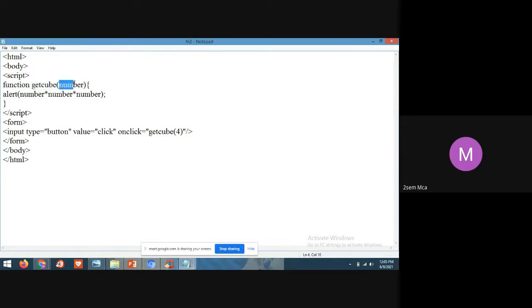Now I have a parameter, that is number. What is this number? We don't know what this number is, but in the alert window we are calculating the cube of that number.